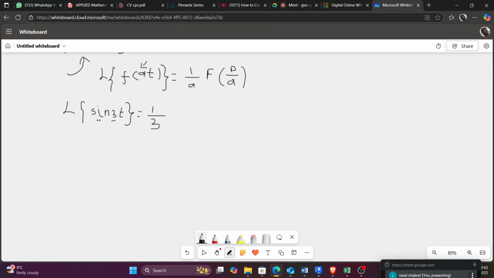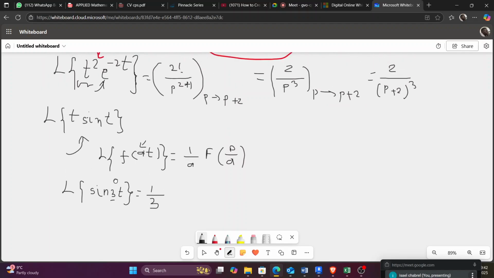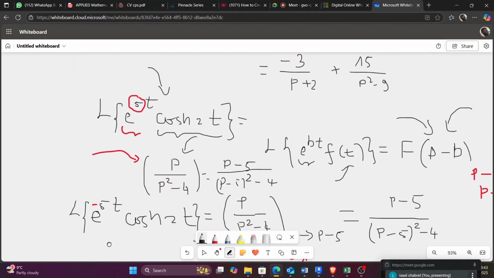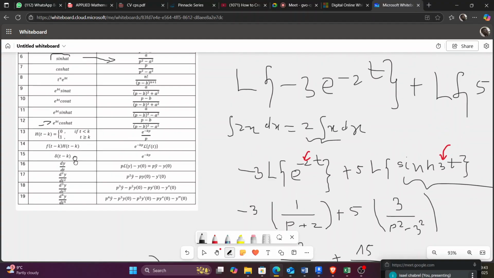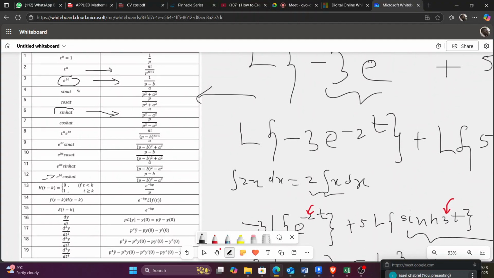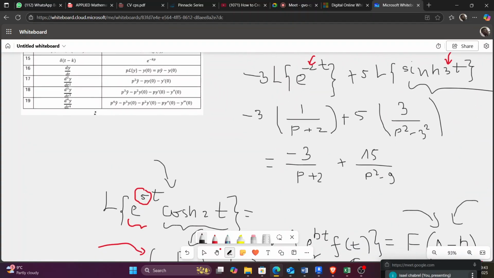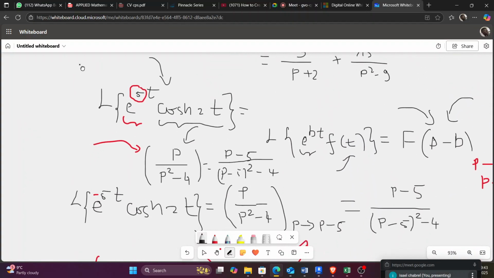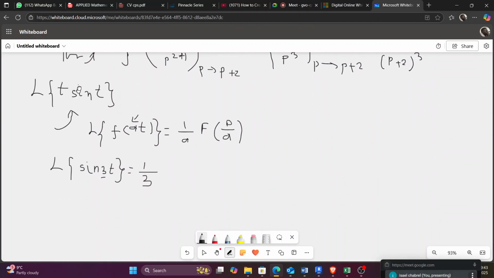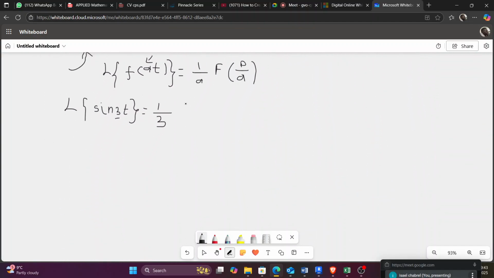Now, what is the solution of the Laplace of sine 3t? You know the formula of it. It will be provided. If you have sine, it is a over p square plus a square. So let's apply it. A over p square plus a square. What is a? A here,